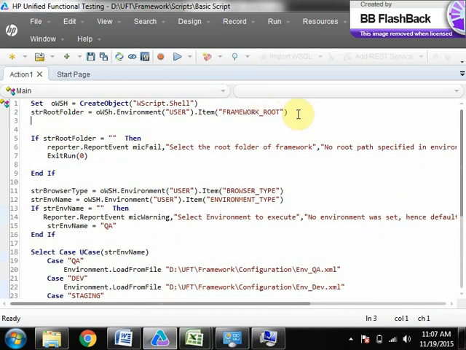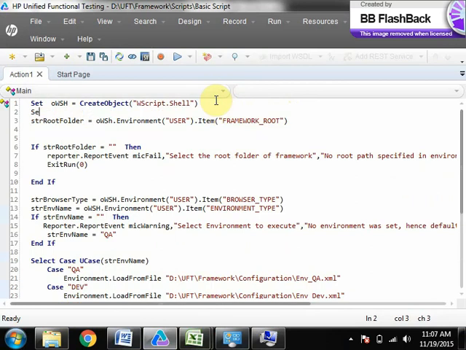And now set oFSO equals to CreateObject Scripting dot FileSystemObject.